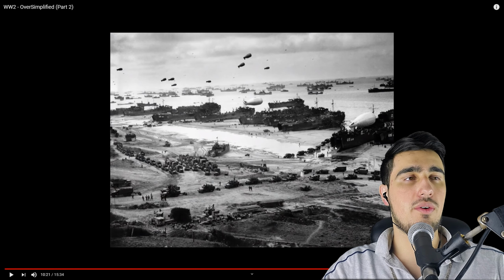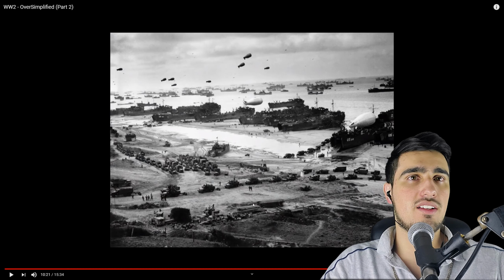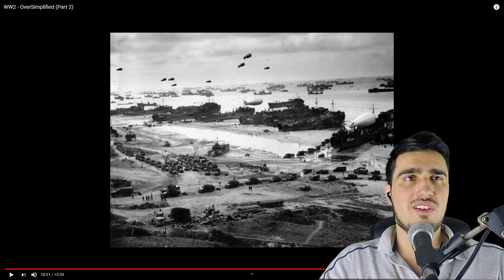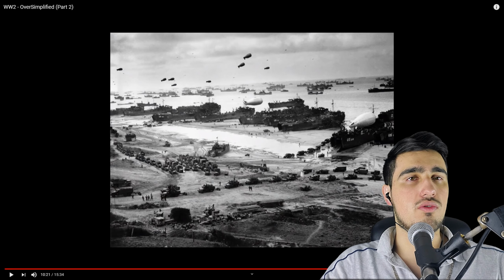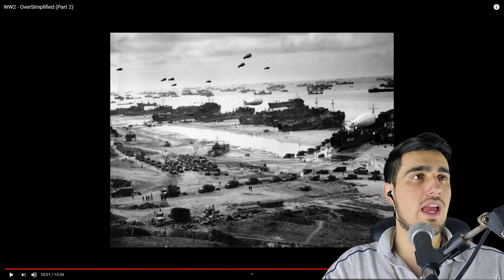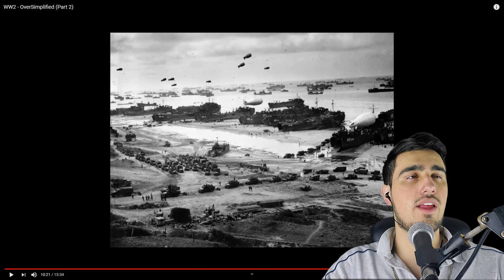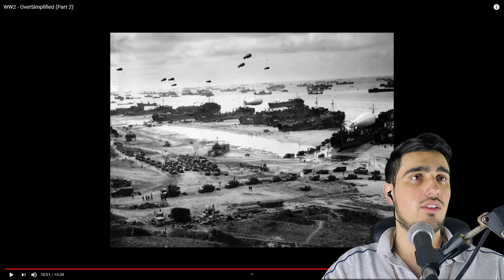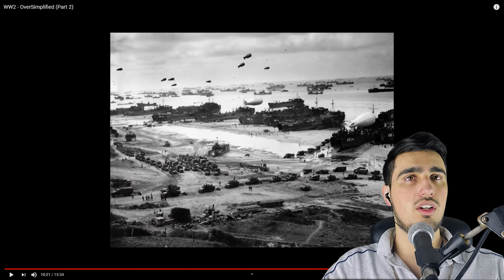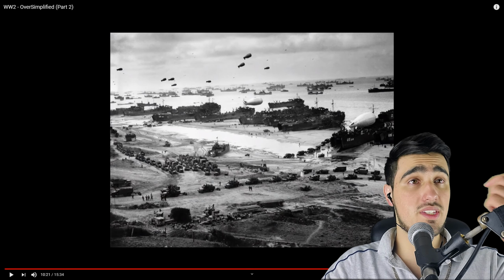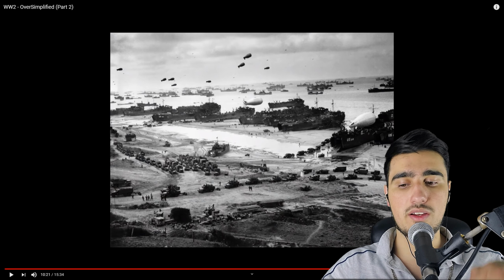And all these ships were carrying tanks, troops, trucks, supplies. You know, you don't only have to carry soldiers. You have to carry food. You have to carry clothing, supplies, guns, ammunition, or repair parts. It's a massive operation to land and wage war. Whew. If y'all know some movies about D-Day, definitely type them down in the comments.